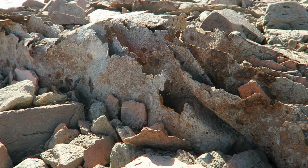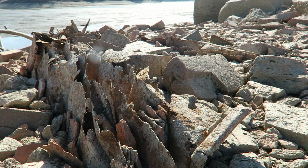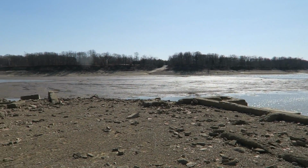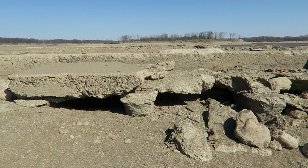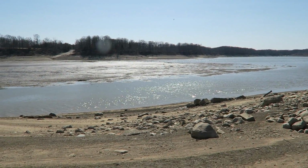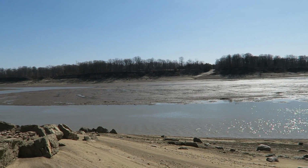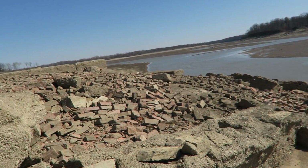I'm not sure exactly what kind of metal this is or what it was used for. It looks like some kind of sheet metal, maybe for siding or something. But here you can see this whole structure was the side of a larger building. Let's try and get a view here from a little bit deeper. So you can imagine normally, and even in the video last time, if you go back and look at the old video, which I'll include the link to,